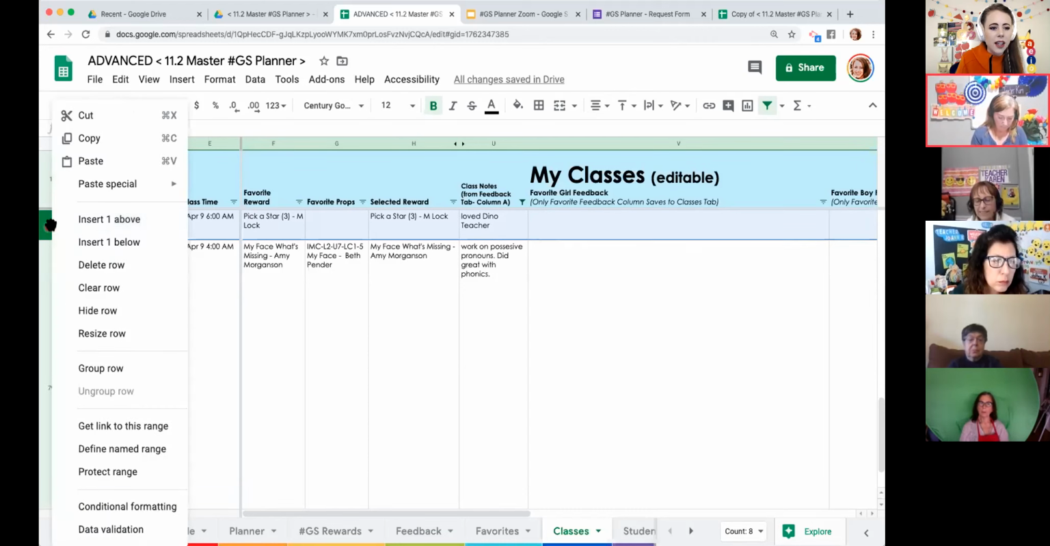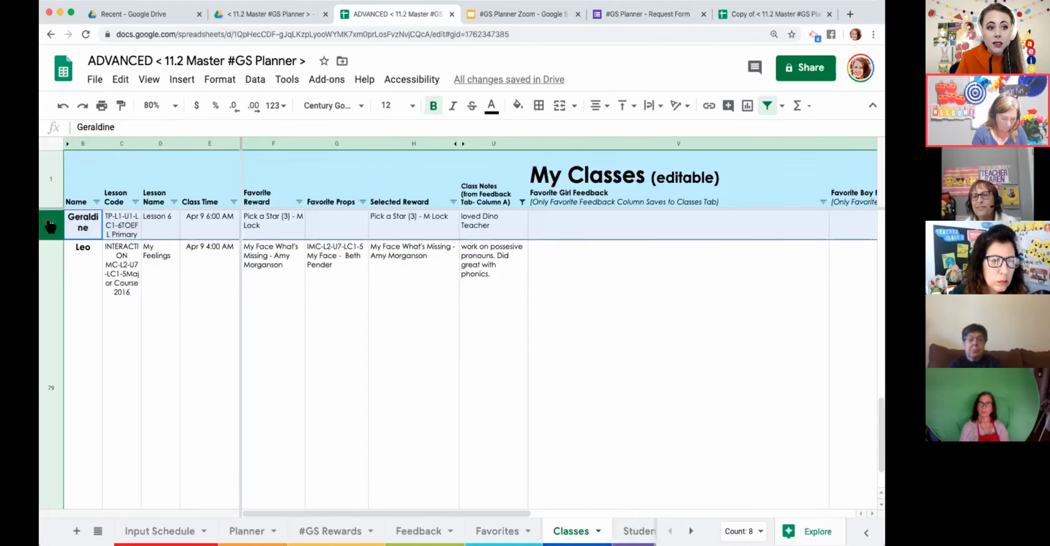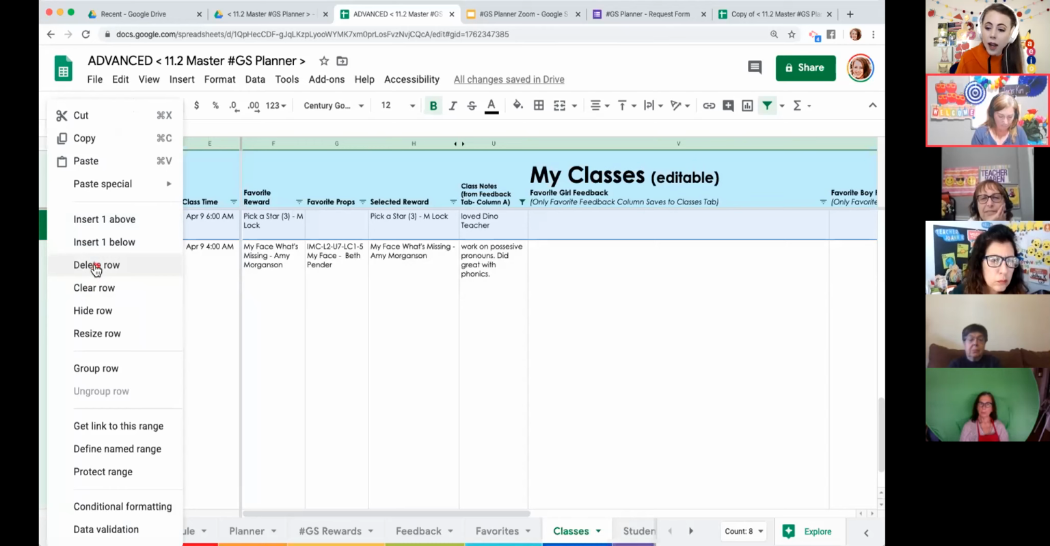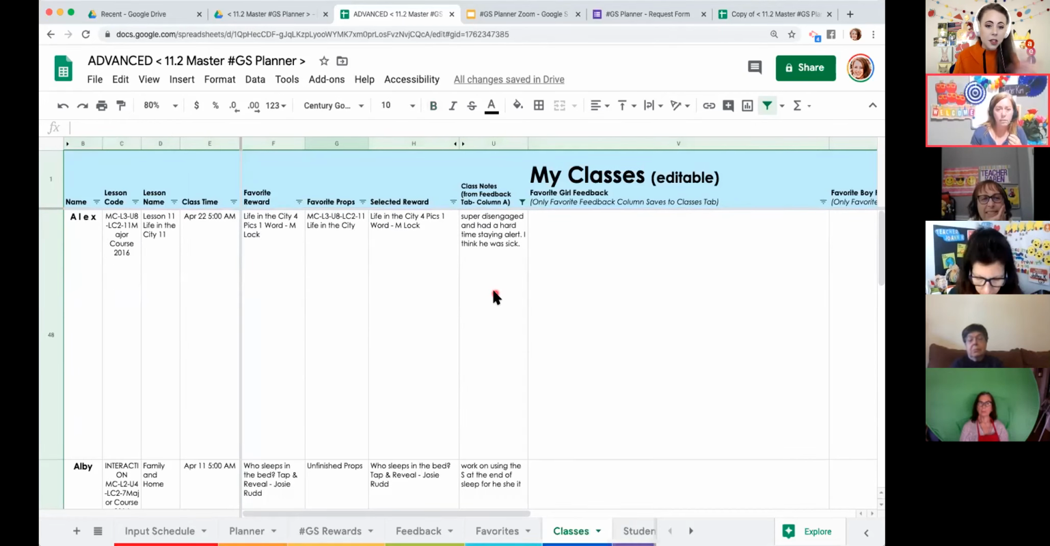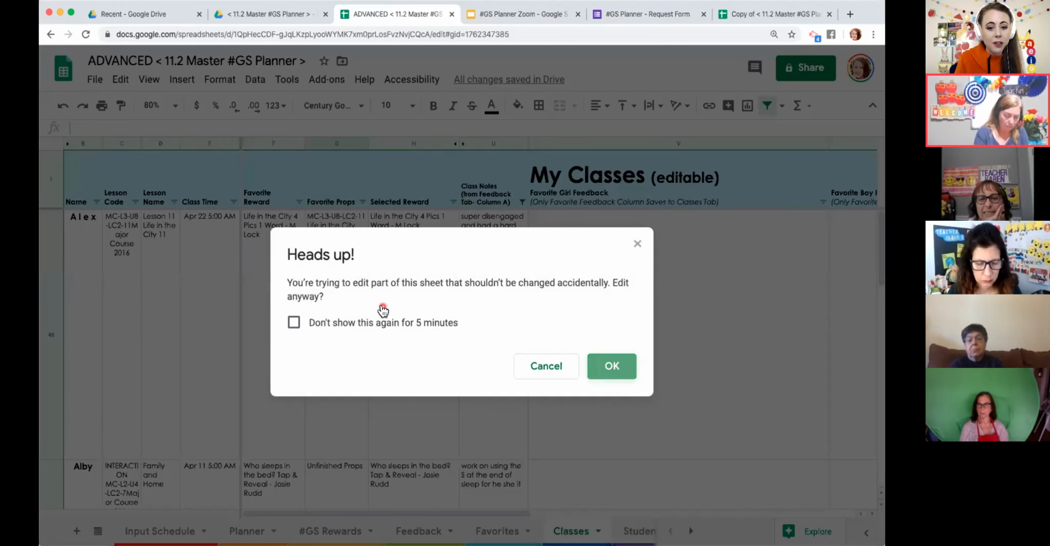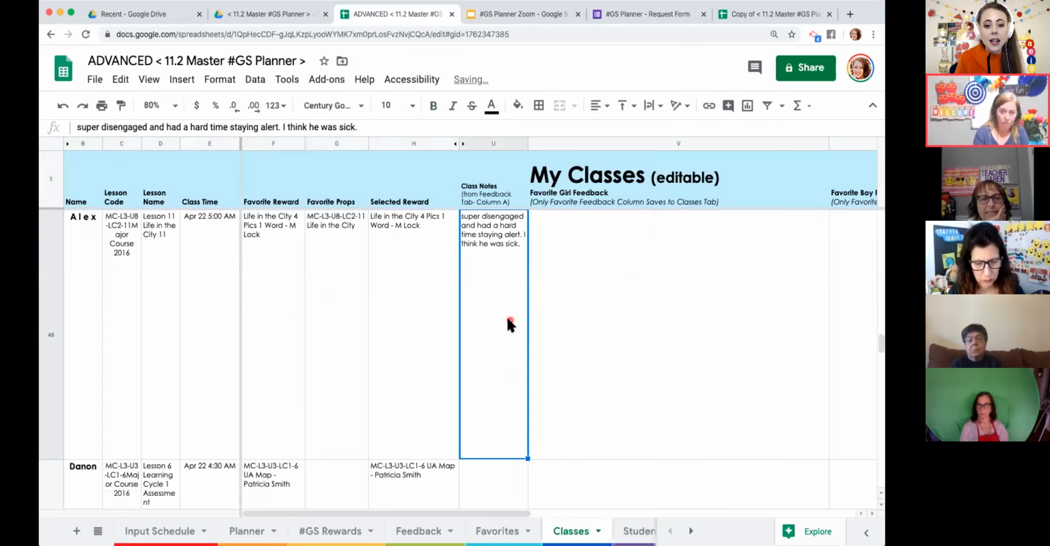I can just right click, I can click on the row number, and I can right click and delete it, okay? So definitely useful there. Now, that's just a tip to do that. I think that it's definitely good to clean up your classes tab every now and then, because it can get quite